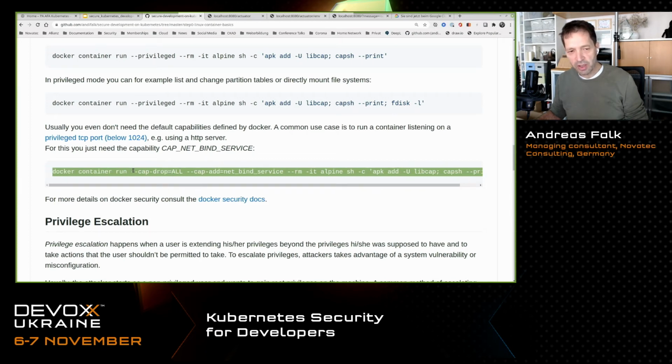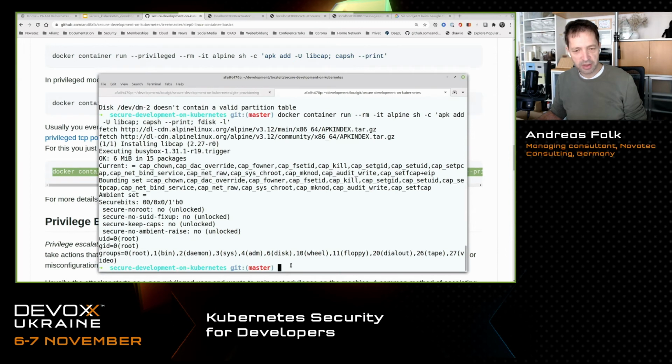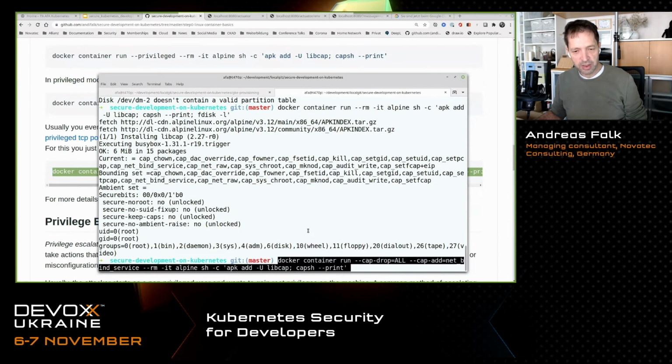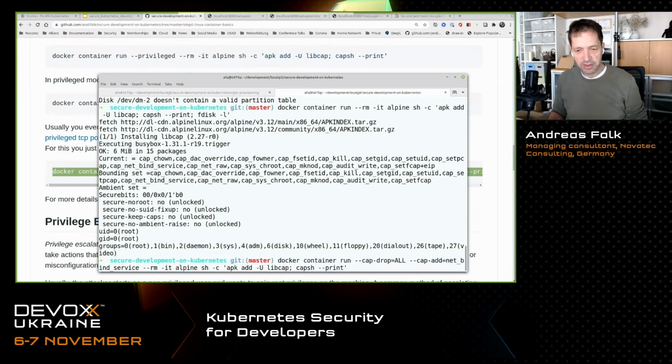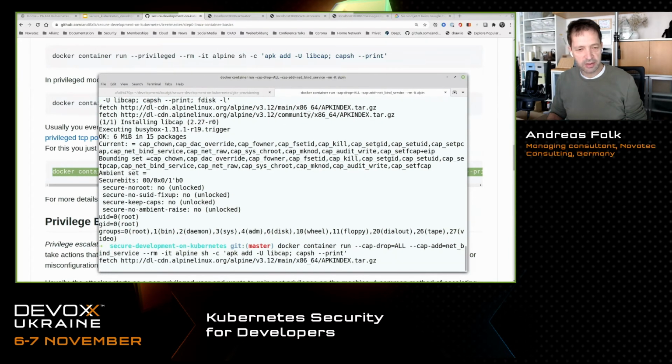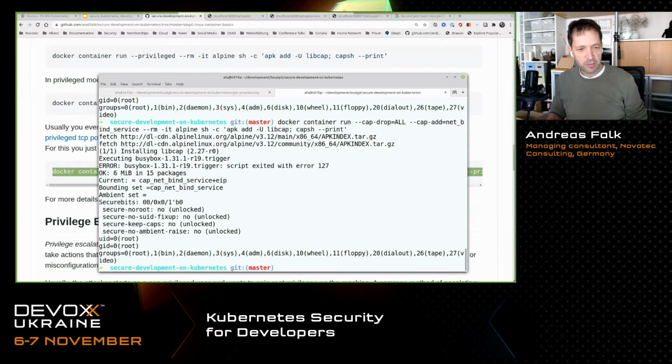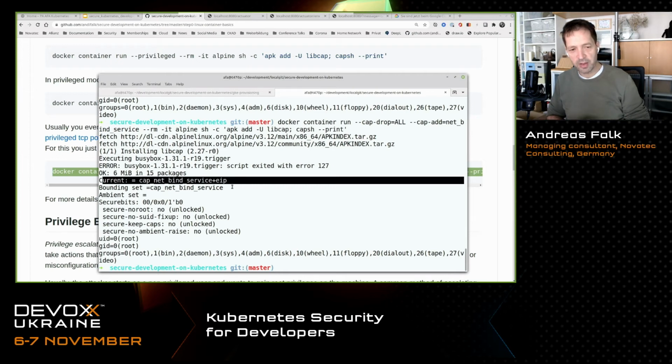I mentioned that you could just drop all the capabilities and then specifically add the capabilities that you need for your container, like, for example, the netbind capability. So if you drop all the capabilities and just use that one, you see here that the current capability now is only the cap netbind service.